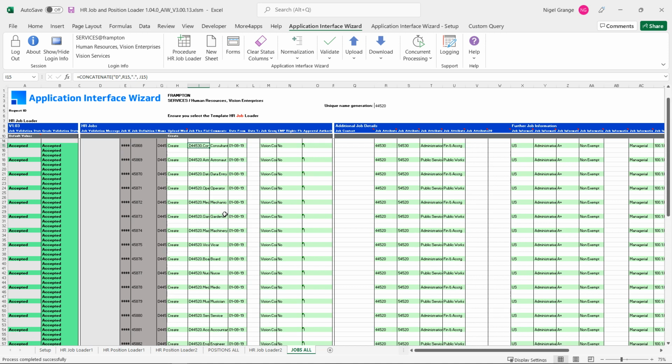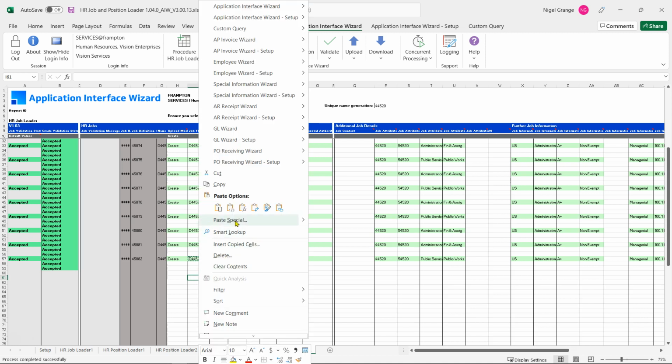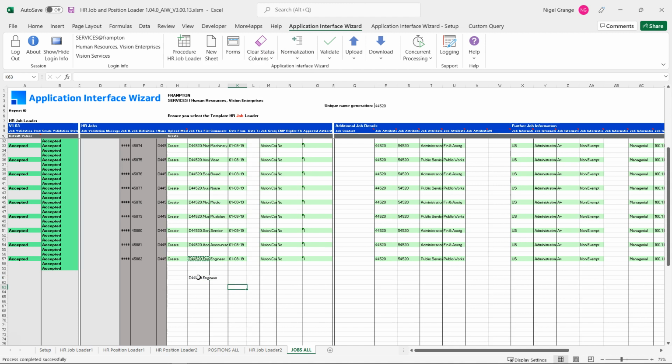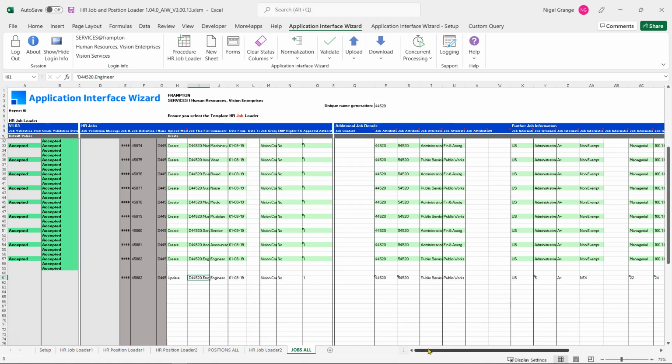So the next step in the exercise might be the download functionality. So it might be that we want to download information back into the spreadsheet for updating. So we can basically copy the value into the spreadsheet, and we can use the download functionality, either a download form or download using the data sheet. So in this case we'll download into the sheet, and it will bring that data back down into the spreadsheet, as you can see there,